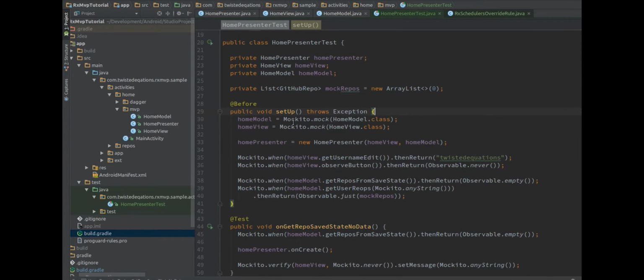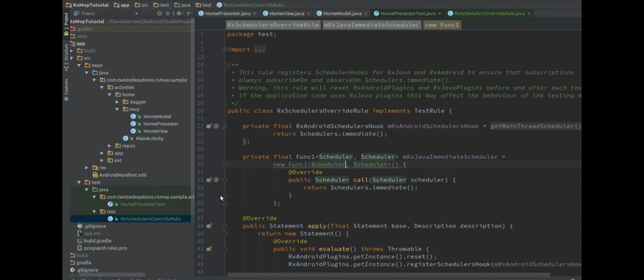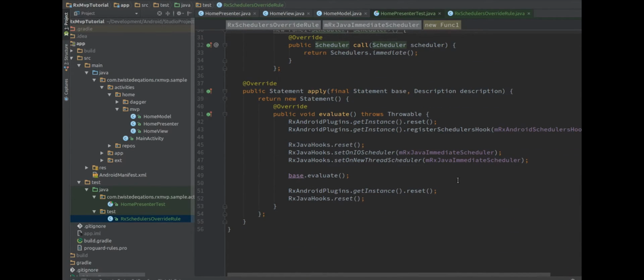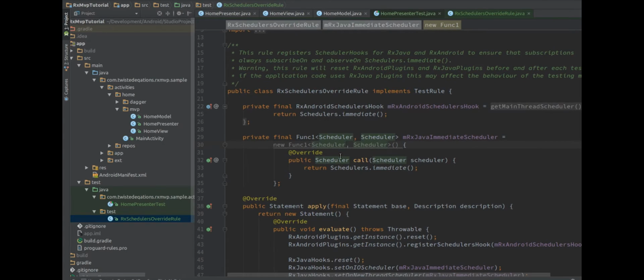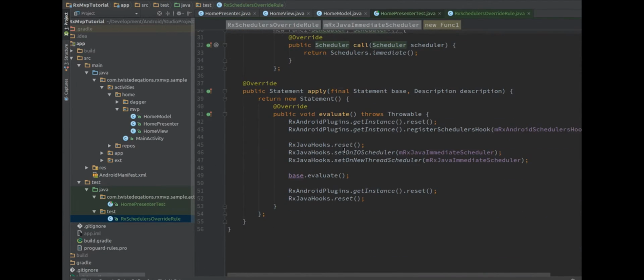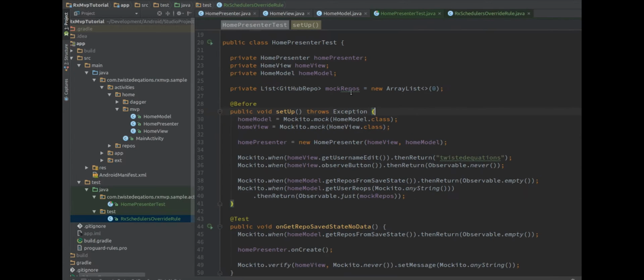So we're actually going to get rid of this. And if you look in here, we have this class from his code. I'll link to this in the description because it's a great bit of code. But essentially, it's a test rule that will automatically apply all this. It'll automatically make all your Rx Java code single-threaded for your tests, which is brilliant, and it saves a lot